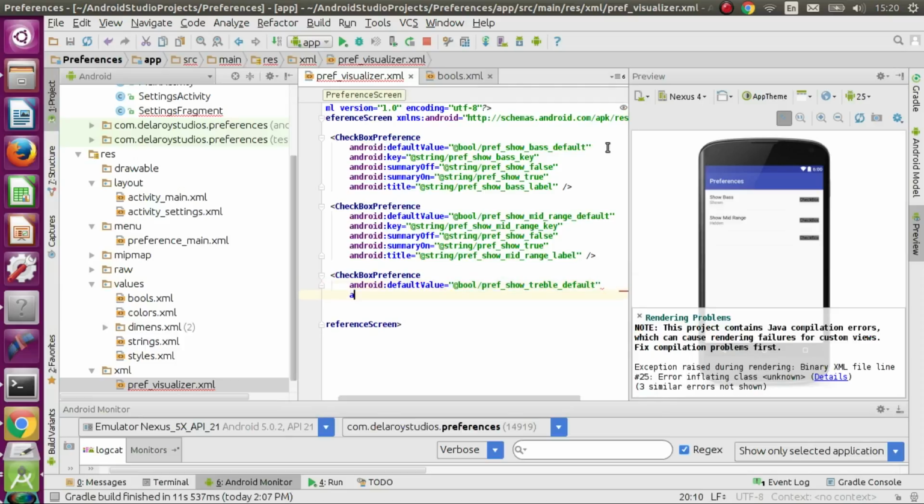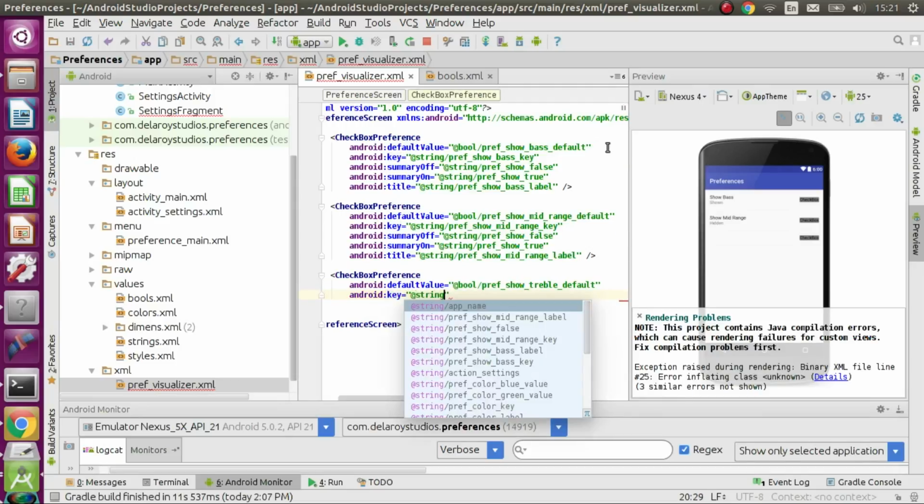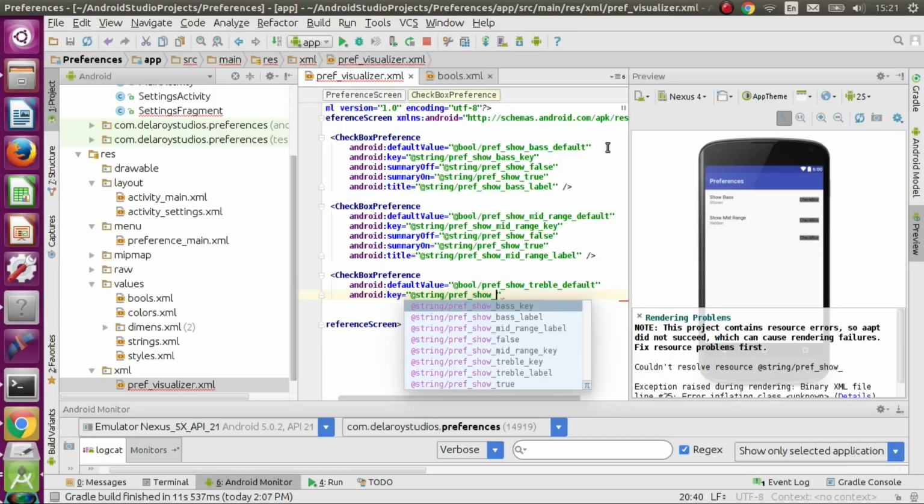Let's have the key, Android key, that's a string, preference show treble key,